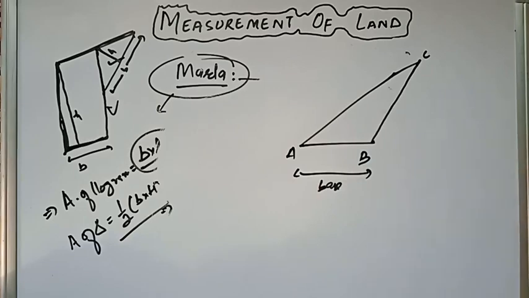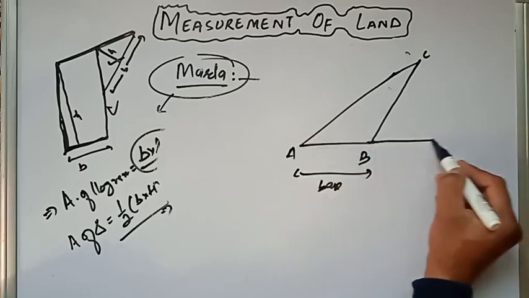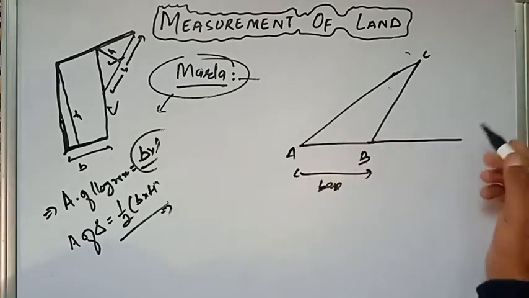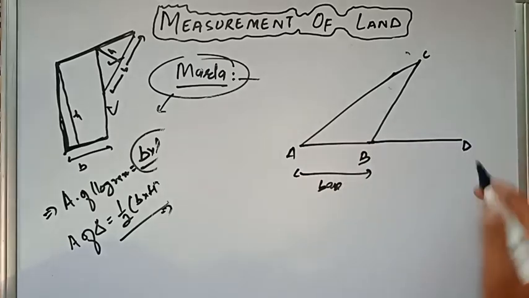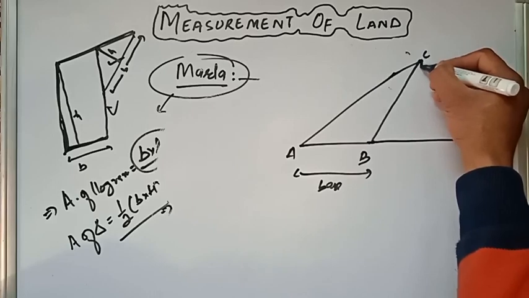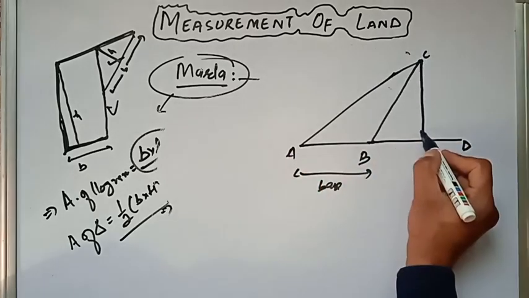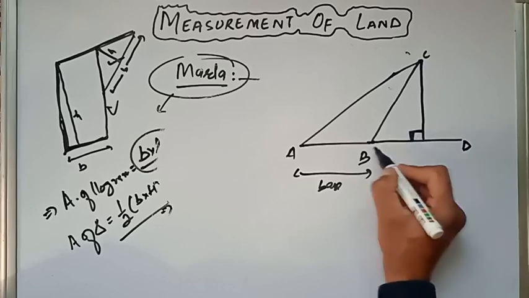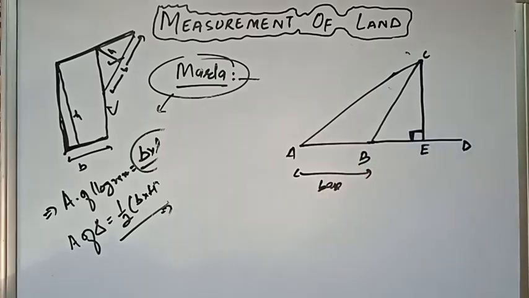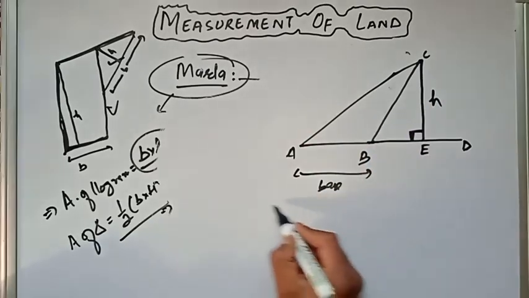You need to do one thing, that is you need to produce this side AB as it is. Suppose I have produced it up to the point D, and now from this point you have to draw a perpendicular on this side AD, which will meet AD at point E. Now this CE will be the height of this triangle, and its area will be equal to